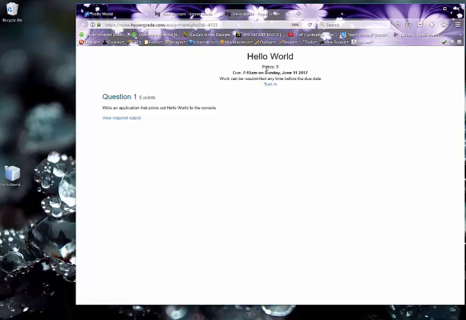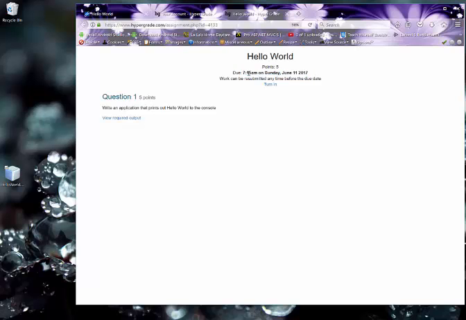If I click on it, it gives you an idea of, first of all, let me let you know that the points that are assigned here in Hypergrade are not the points that you're receiving. Your point value is what's listed in Canvas and not what's listed here in Hypergrade. You can see the due date. In this case, it's 7:15 on Sunday. Actually, all of your due dates are due Sunday night by 11:55 p.m., so that's not quite accurate, but